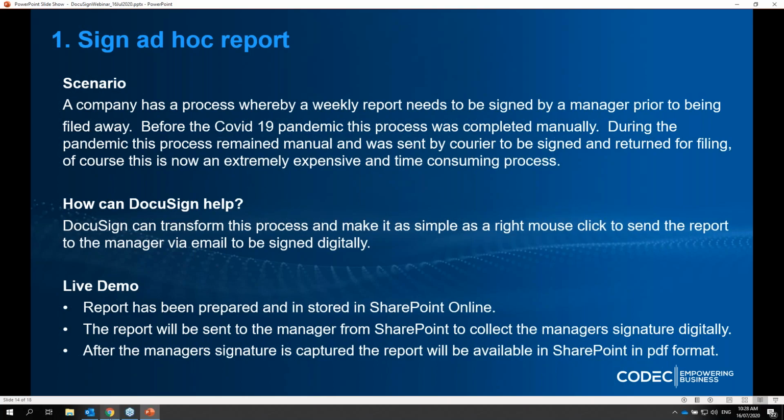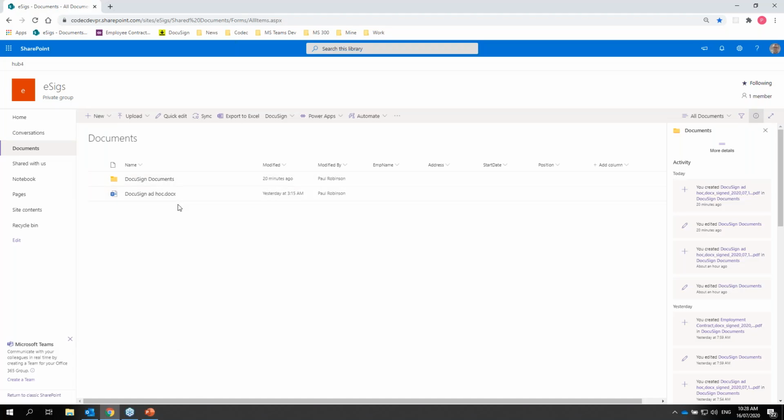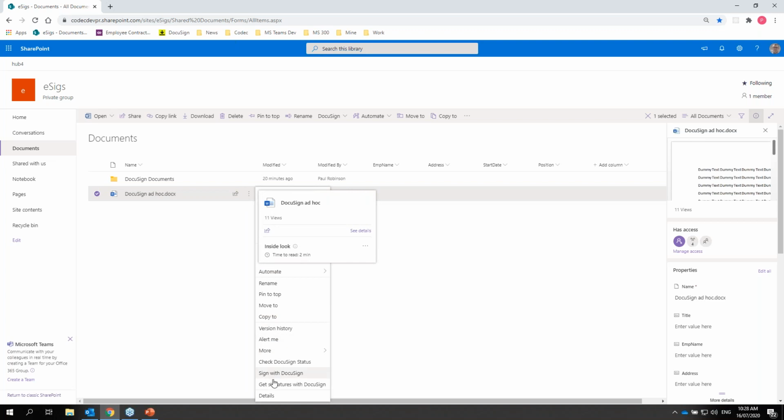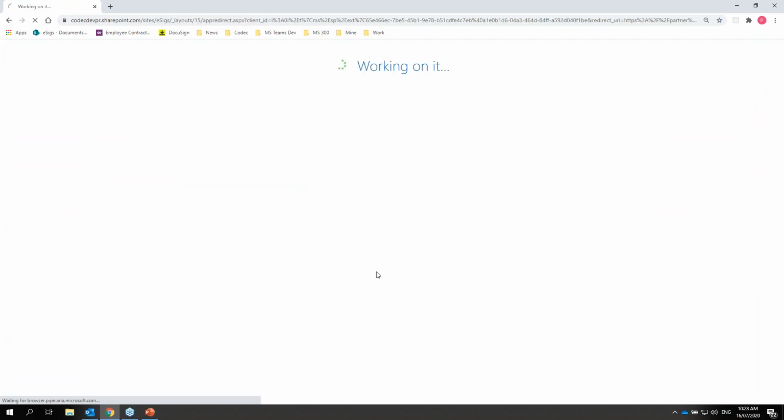So what I'm going to do now is jump over to SharePoint, and here is our ad hoc report. It's in a standard SharePoint document library here. So all I've got to do is select the document in question, and I have 2 ways I can launch it. I can use the DocuSign tab up here by clicking on Get Signatures, or I can click the 3 dots here and click Get Signatures with DocuSign that way. So it doesn't matter which you select. I'm going to select this one here,